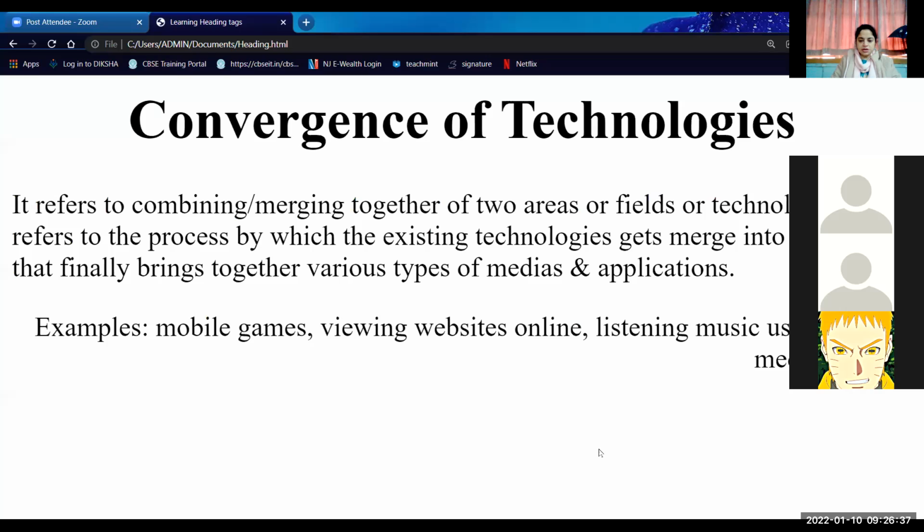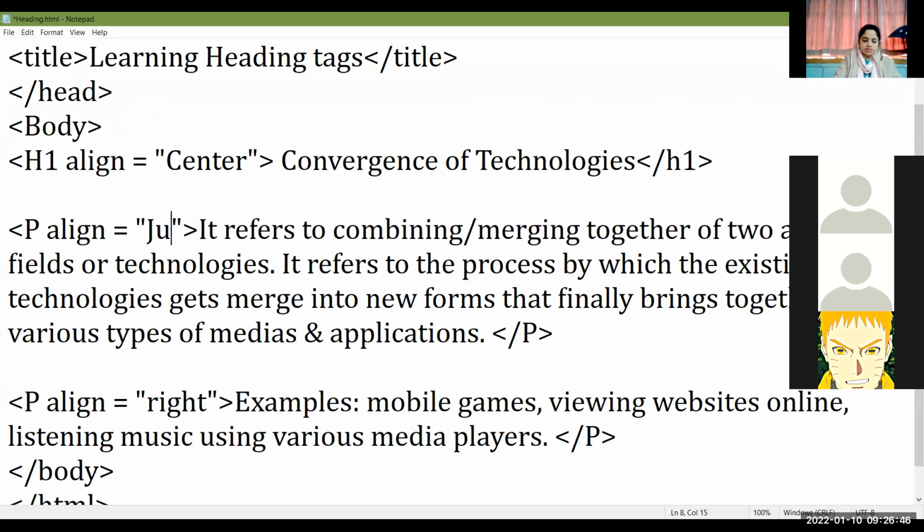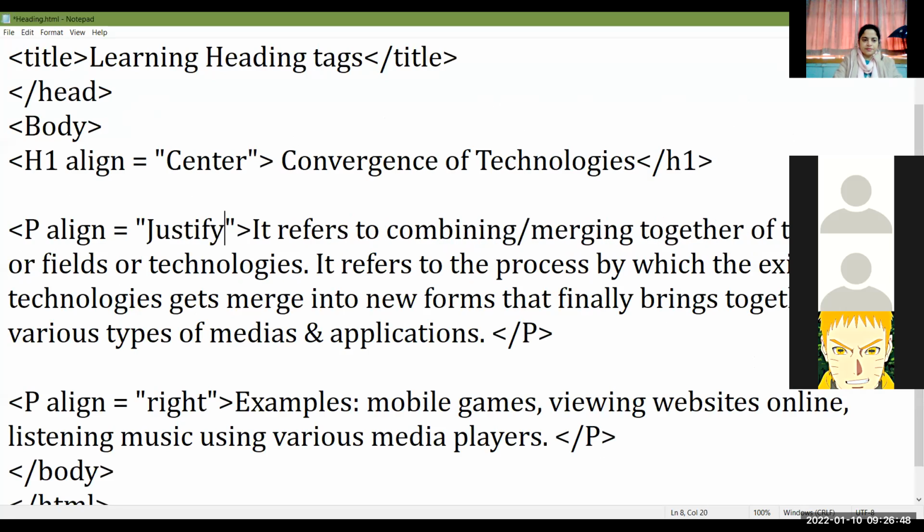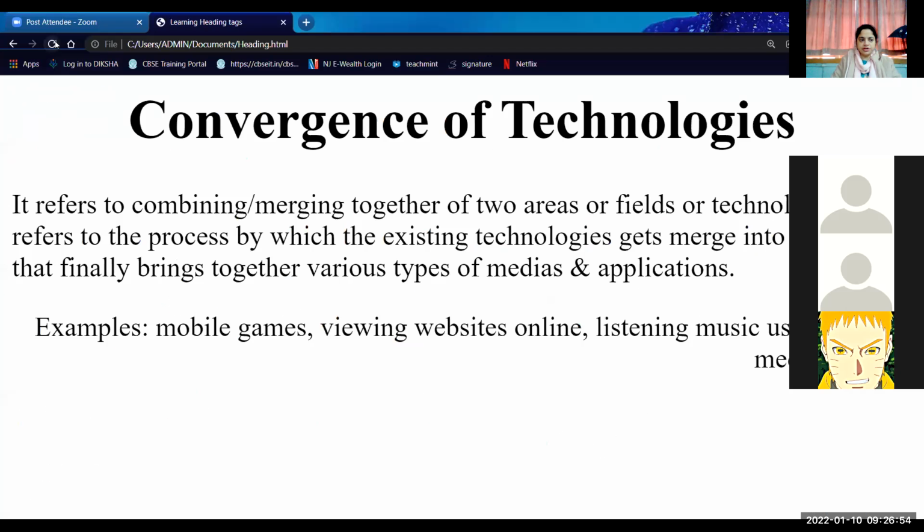Now we are going to use that justify alignment. Okay. Again, I'm using here left की बजाय justify. Save it by pressing Ctrl+S. Go to the browser, refresh it.